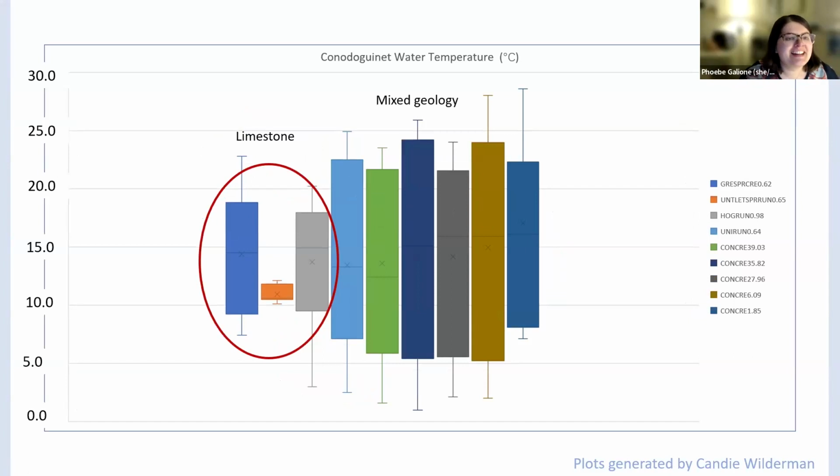And then just one more. Instead of looking at conductivity, we're now going to look at water temperature. And again, I just wanted to exemplify the fact that in our limestone streams, these box and whiskers are a lot smaller than our mixed geology, because again, you're getting that temperature buffering from it being a groundwater stream. This super narrow one here is, I think, exclusively a limestone stream in a really pristine area. So almost entirely its temperature, at least from our last data interpretation, we were brainstorming that it could be entirely because of groundwater, whereas these may have some other influencers affecting them. But so cool to see some of the science showing up in our data here.